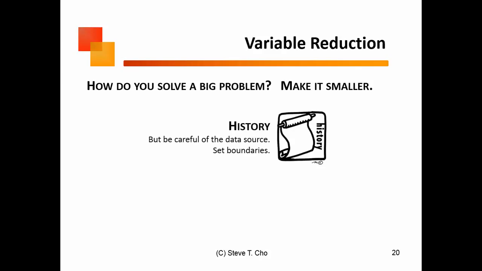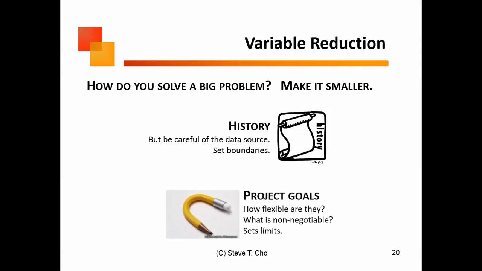And so the first part of making it smaller is look at the history of what's actually been done, because there are lessons to be learned there. Not only that, but right away you learn, for example, you can't make this for under $10. Guess what? That now becomes a boundary. Your problem has become smaller. It's no longer infinite with regard to cost.